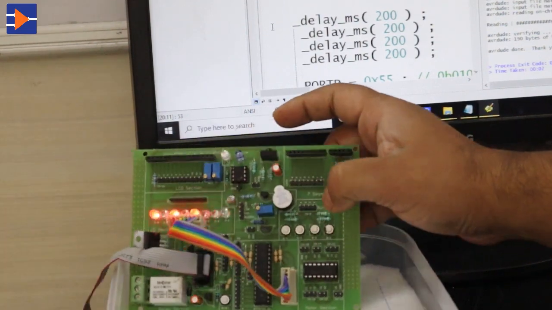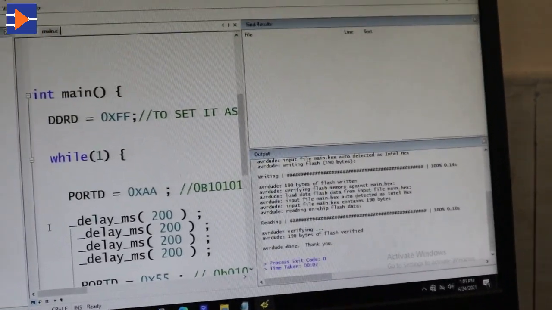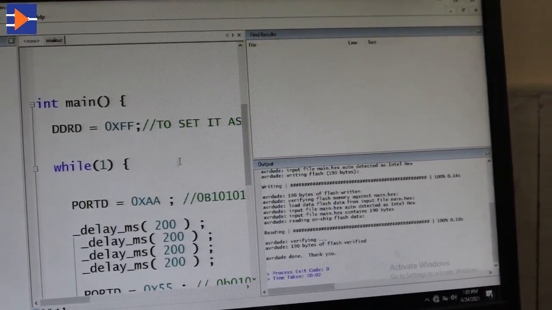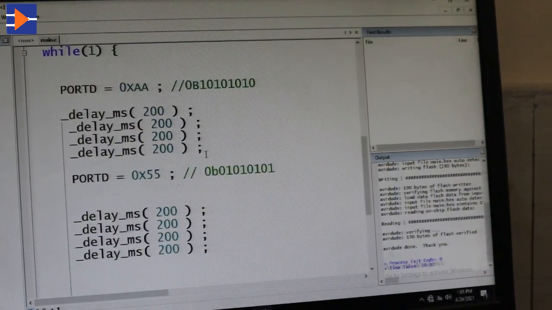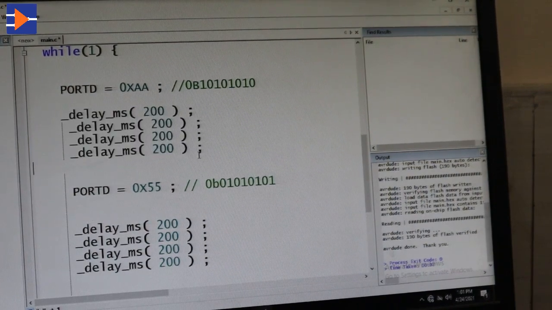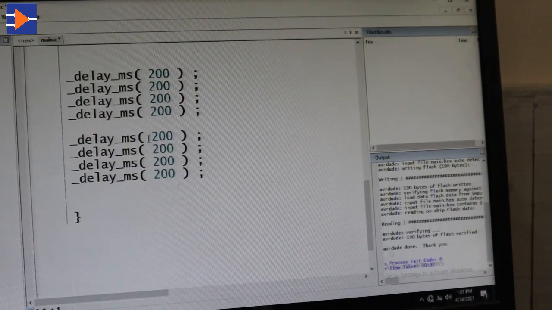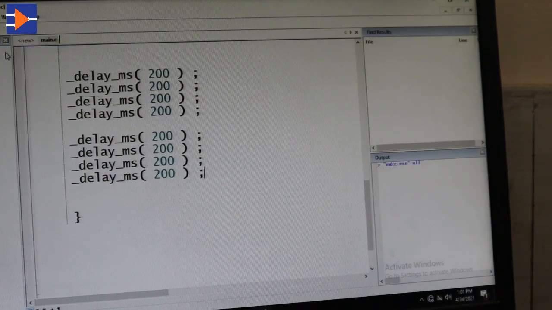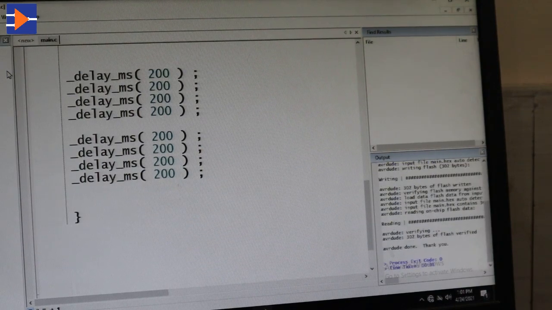Now let us add some more delay, and we will start experimenting with our first minor project. So let's edit. Now you have to first press the save button, then click on Make All, then click on Program.